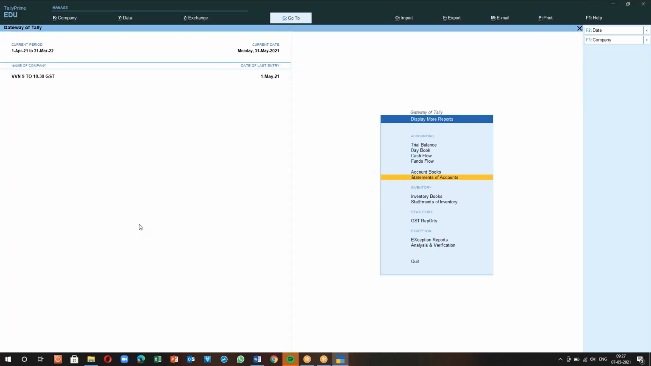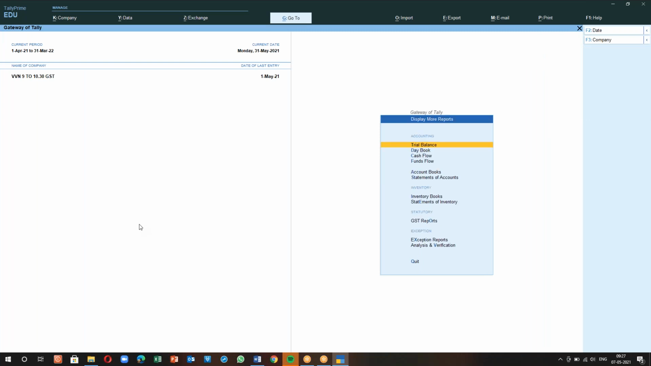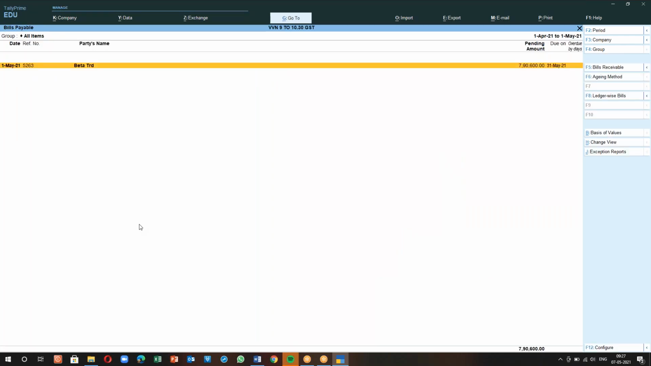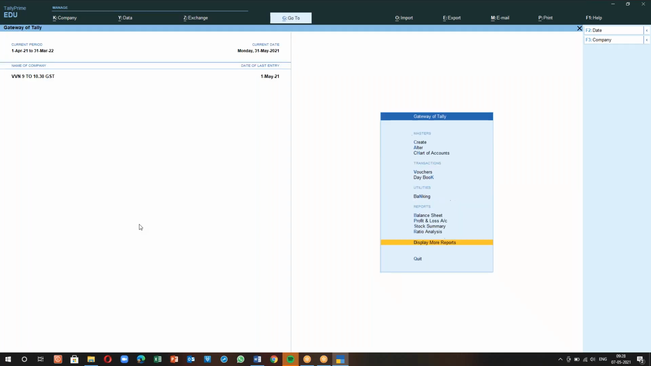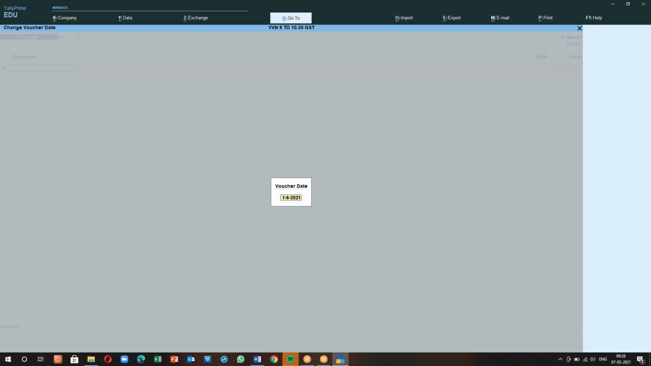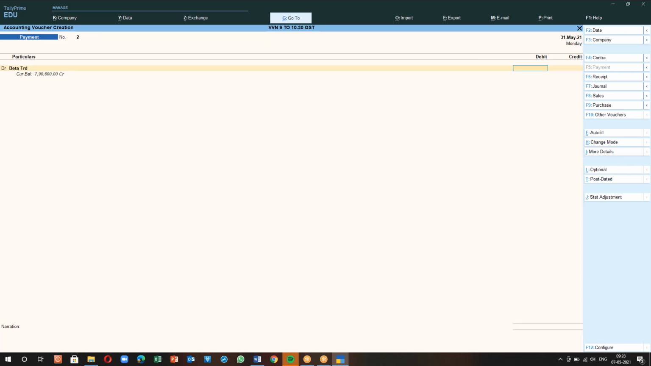Same steps as you did in ERP 9 and Prime: gateway of Tally, display more reports, statements of accounts, outstanding and payables. This is where you come and check. Now let's go pass the entry. Go to vouchers, payment voucher. I'm passing this transaction on 31st May 21. So as one of you said, beta traders, see that pending amount 7,90,600,